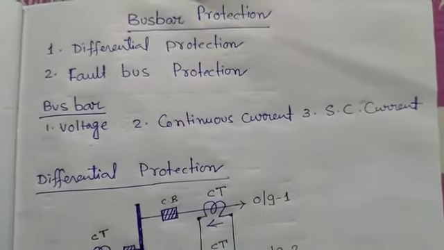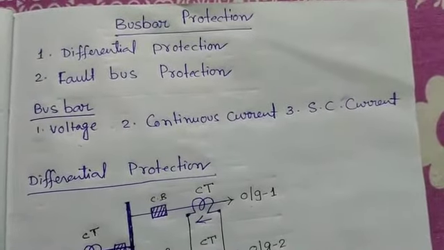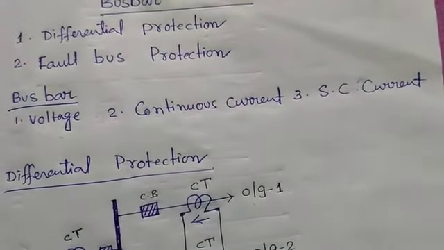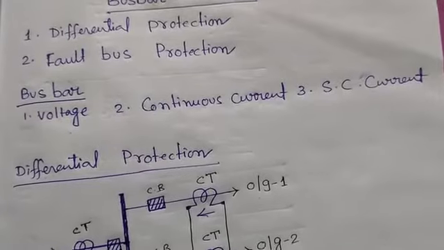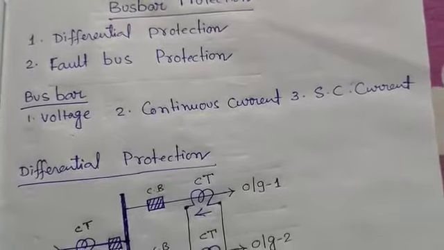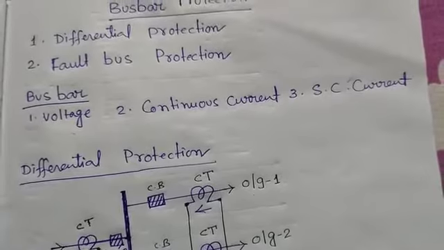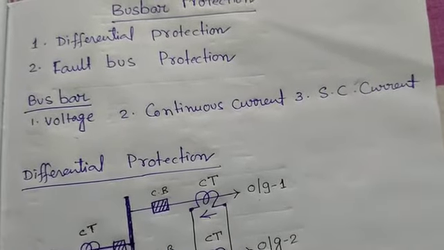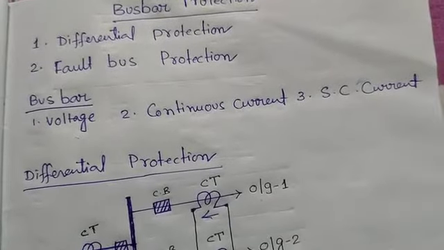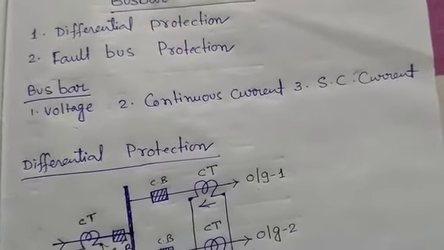If continuous supply is going through the bus bars, suppose the demand of the substation is 500 megawatt. So the 500 megawatt equivalent current is flowing continuously through the bus bars of the 220 kV or 400 kV or 765 kV or 132 kV. So the continuous current rating should be there for the bus bars, and the short circuit current rating, this is a most important matter, the short circuit current.